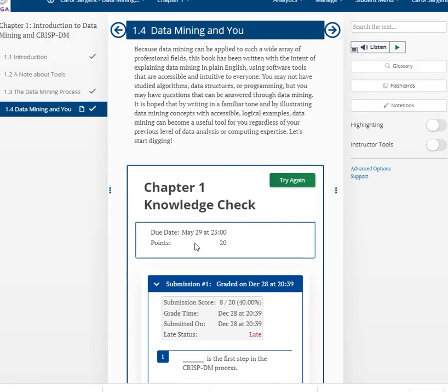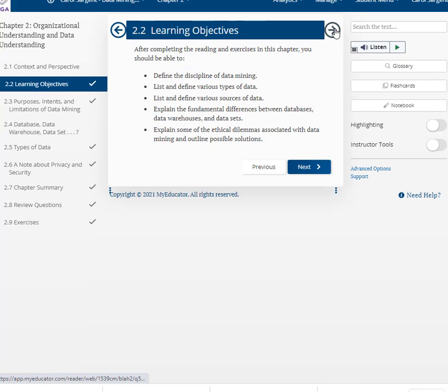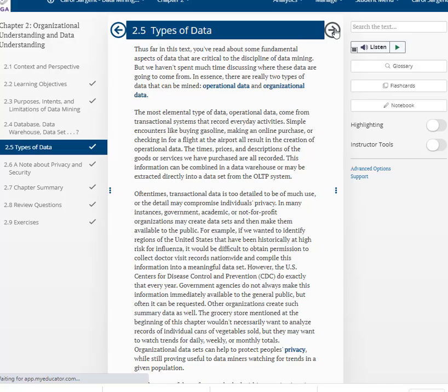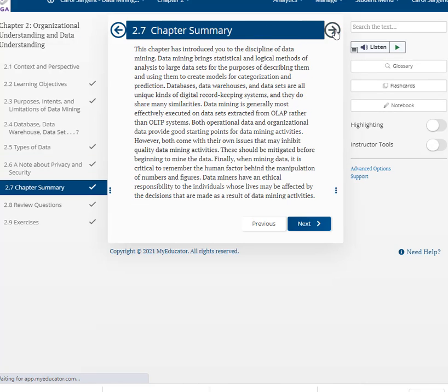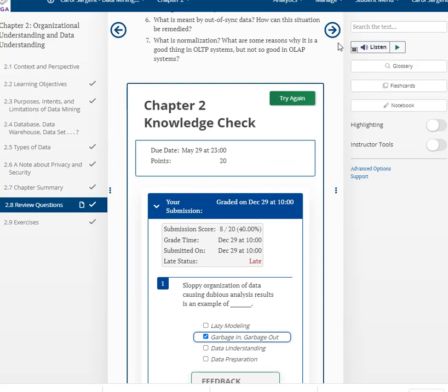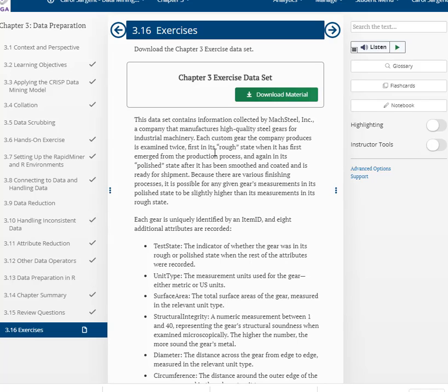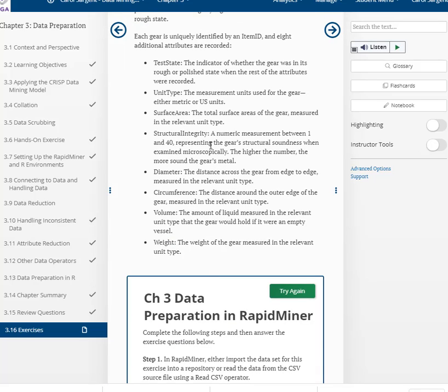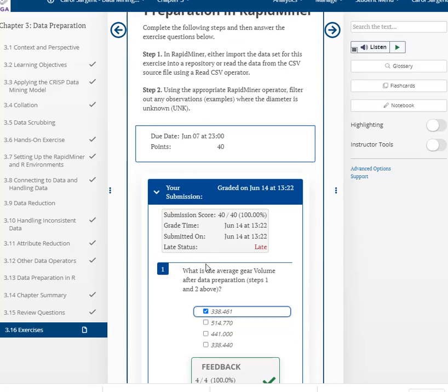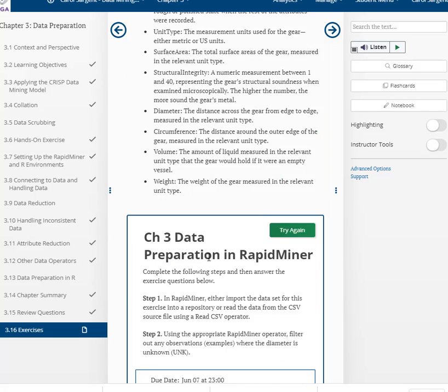So there's questions throughout the reading, but there's also questions at the very end of the reading. So let's peek at those just for a minute. All right, so there's some questions at the end of chapter 2. So at the end of chapters 3 through 9, there'll be data sets to download and then questions to answer. So they'll give you some data sets, and then they'll give you some questions, and you will answer them here.